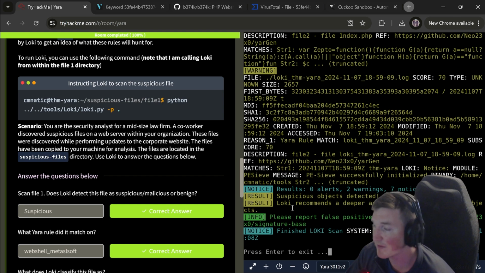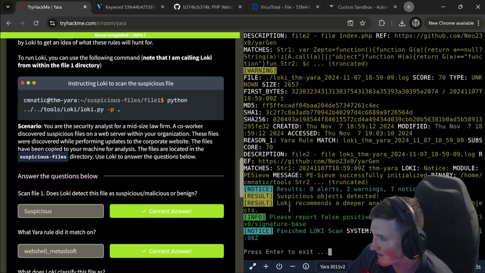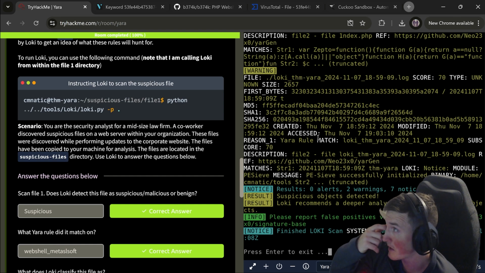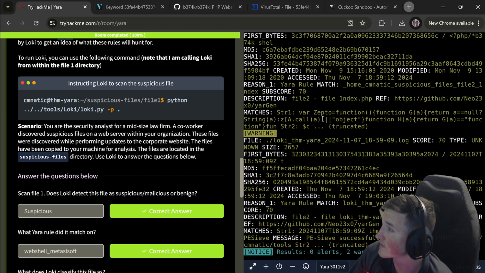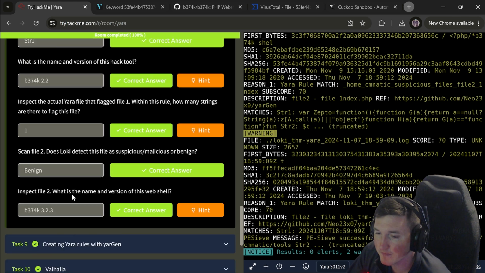And now you can see, if you remember the first one we did on file 2, it said it was benign, there was no problem. Now you can see it's suspicious. Okay, great. And now you can see the string. It shows string 2, blah, blah, blah. Let's see if we can find where it actually shows it. There's the string right there, Zepto. So there's your string, Zepto.